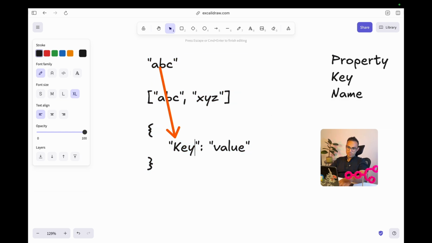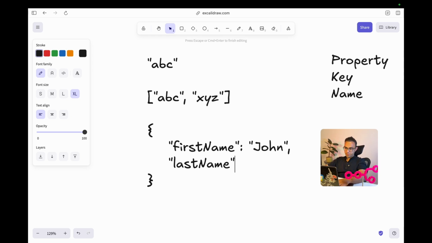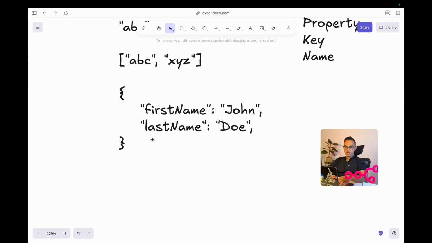So the key can be first name and the value John. The same concept of the comma applies here: a comma, and then the next piece of information comes. This can be last name, Doe, and it goes on and on. So that's the gist of an object.